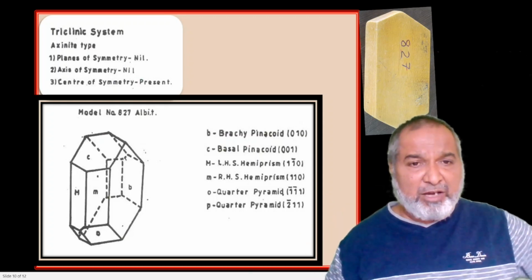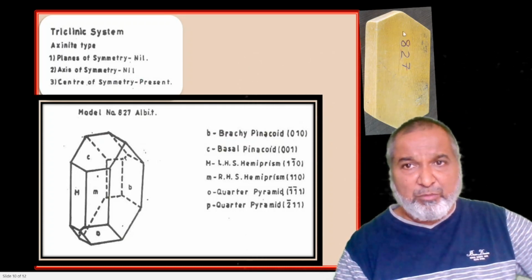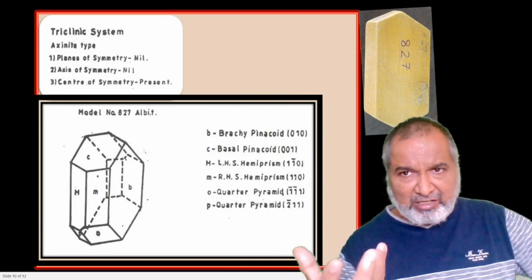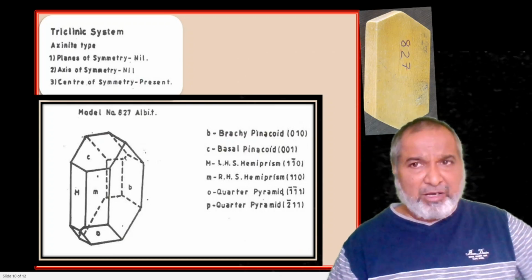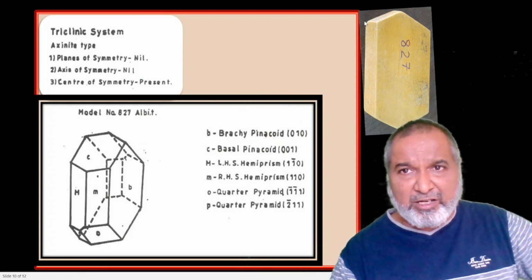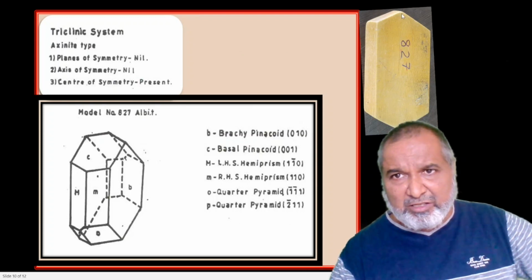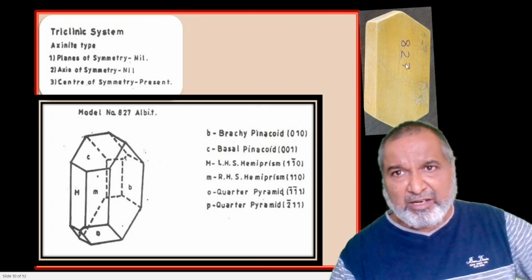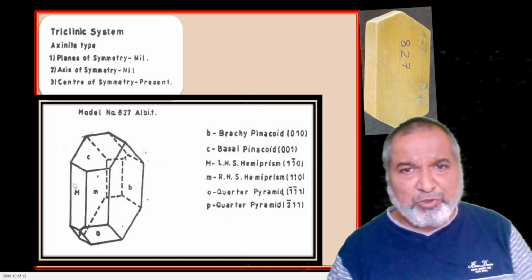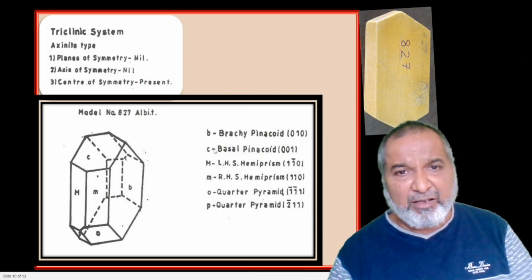So now I can see here in this particular model number 827. Here I have shown you model 827. Now the orientation has not been done properly by my lab assistant, and that's why we are going to get this typical view. If you make this the front side, if you hold it properly, we can get the slope. But here, this and this are the inclined faces. So here you have your a axis, and this will be the b axis. But now here we are not going to mention the correct holding position.